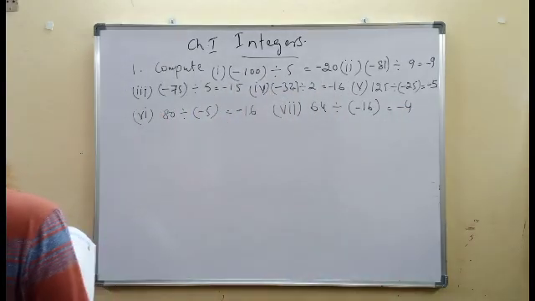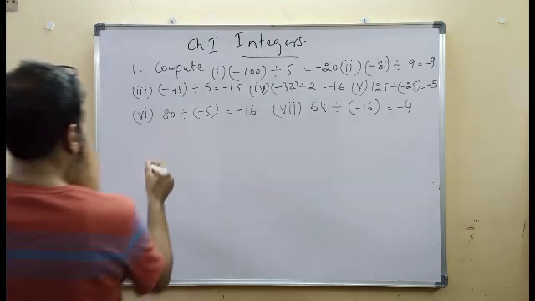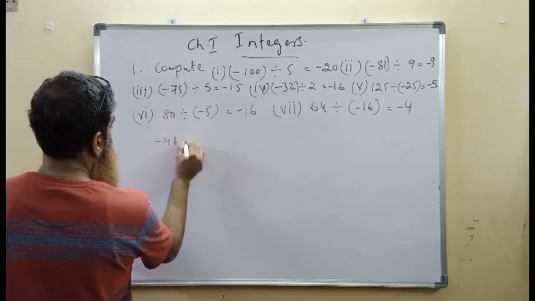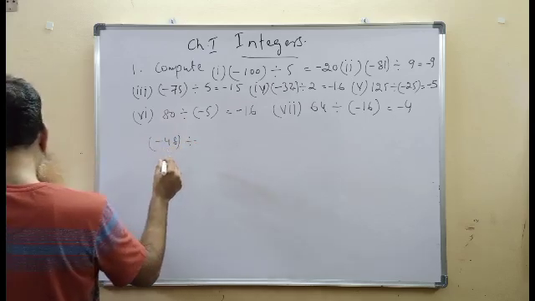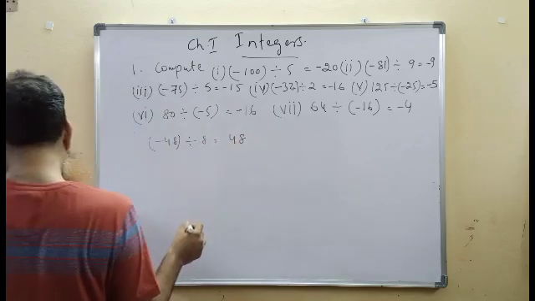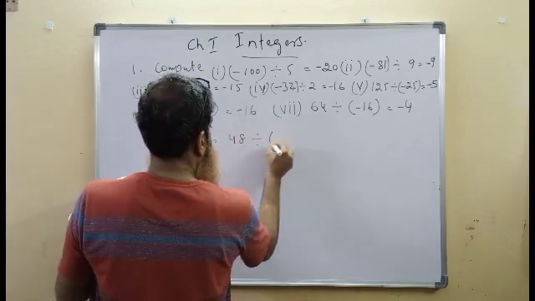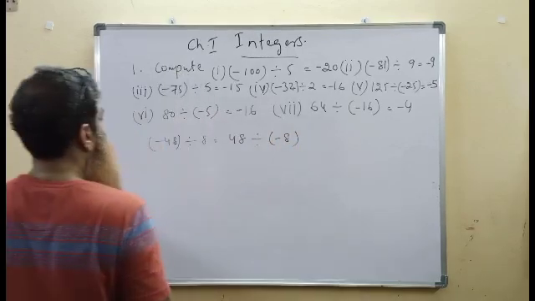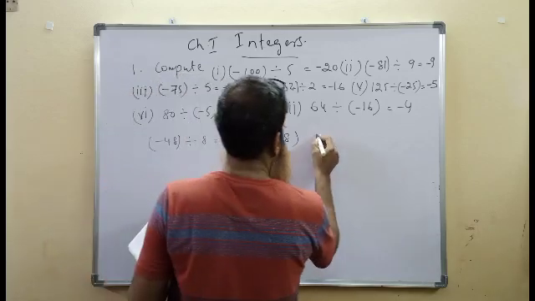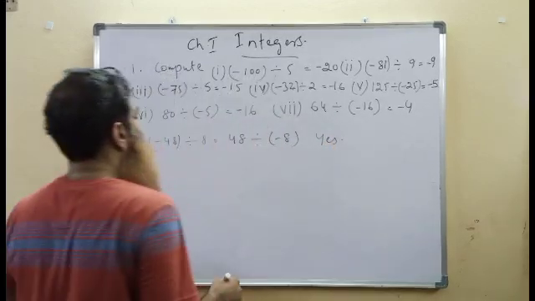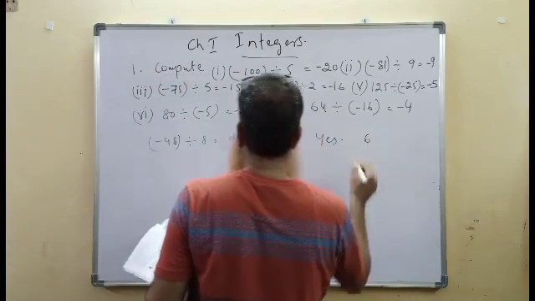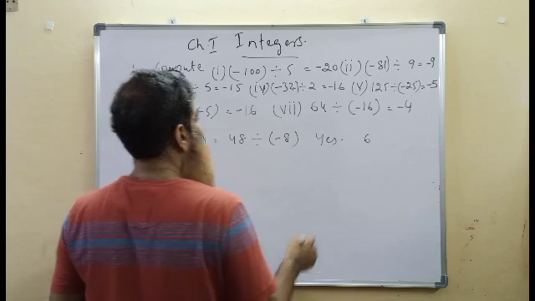Try this. Can we say that in the blue box on page number 12, minus 48 divided by 8 is equal to 48 divided by minus 8? Minus 48 divided by 8 is equal to 48 divided by minus 8. Yes, we can say both ways the result will be the same. It would be 6. Both the places the result would be minus 6.